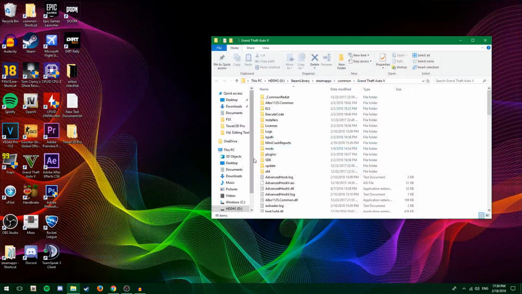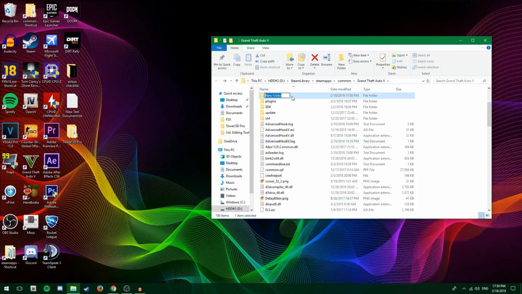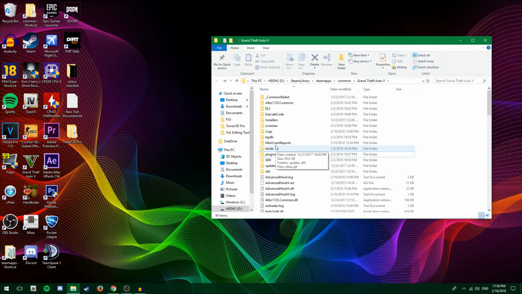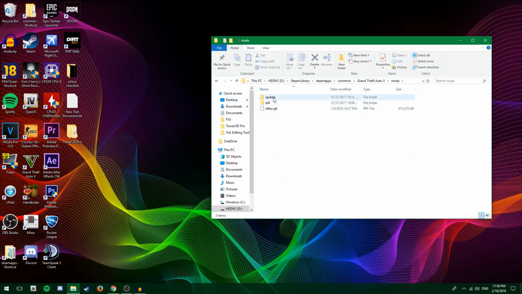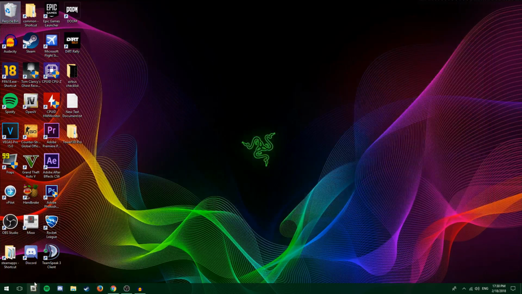What you then want to go ahead and do once you're in there is, if you don't have a mods folder, create a new folder. So right click and then hit new and then folder, and you want to name it mods. I'm not going to do it since I already do have it installed on my GTA 5. After you've created that folder, copy and paste both the update and the x64 folder into this mods folder, which as you can see I already have installed in here. After you've done that, you can go ahead and install your OpenIV, and open it up,